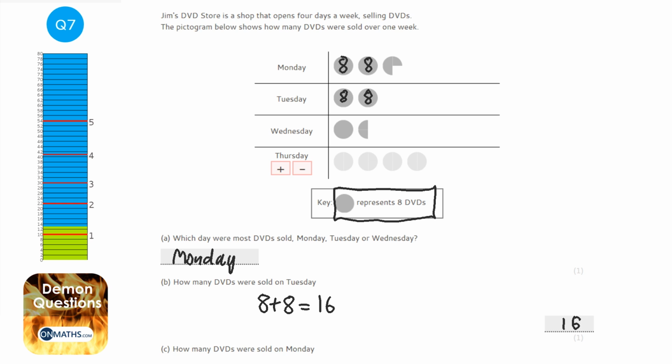Well, what do you times by 4 to get 8? Well, 2. Let's check to see if that works. So we've got 2 there, 2 there, 2 there, and an extra 2, which is actually missing on that one, would make 8. So that would work perfectly. So to find out a quarter of it, we just divide it by 4, which gives us 2.